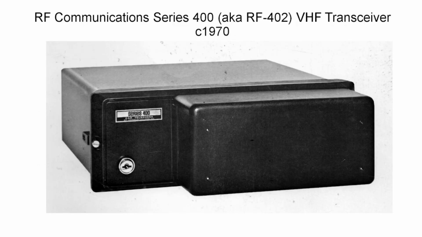Well, here's a typical mobile telephone radio transceiver of 1970. This is RF Communications Harris Series 400, also known as the RF 402 VHF transceiver. It's all solid state except for a quick heating 5894 tube in the final, could do 50 watts. It had been a marine radio, but they took the controls off the front and made it into a remote, trunk mount remote. The big hump on the front held the selective calling equipment.